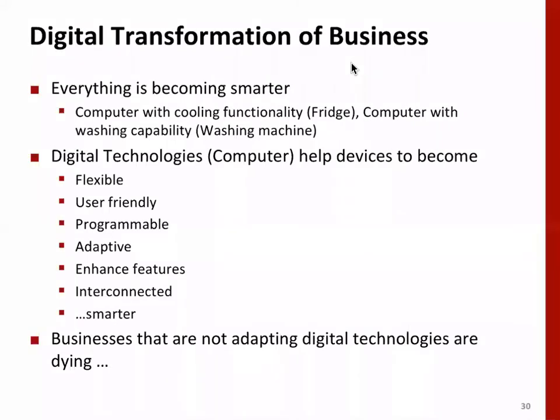Okay, and this is where digital transformation of business comes. When data becomes central, then you can transform any business. Because everything is becoming smart, every device is becoming smart. We will study IoT as one of the lectures. And the internet is pervasive, computing is pervasive, and both are very cheap. So every device will have both computing and internet connectivity, and more data will continue to get accumulated, right?